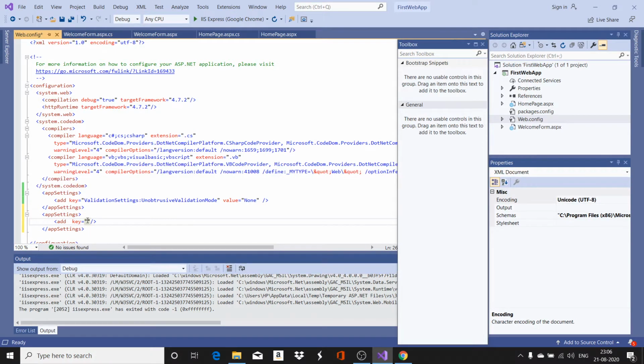Inside the key value, this is the value that you have to give, and please make a note of it. It is case sensitive, so all of this, ValidationSettings, must be in capital letters: V capital, S capital, UnobtrusiveValidationMode, UVM must be capital.